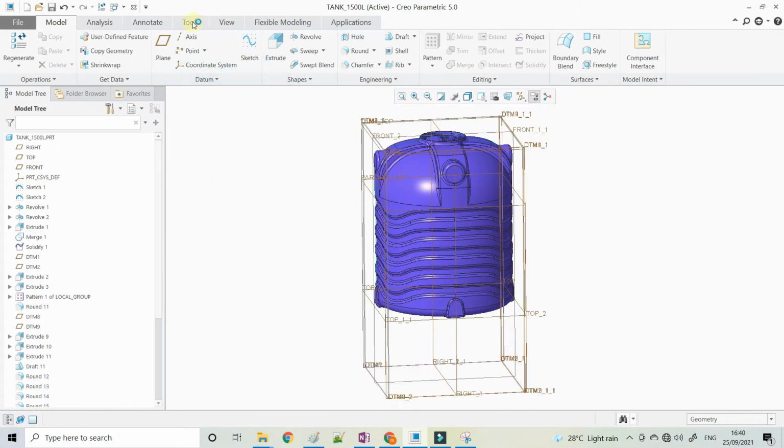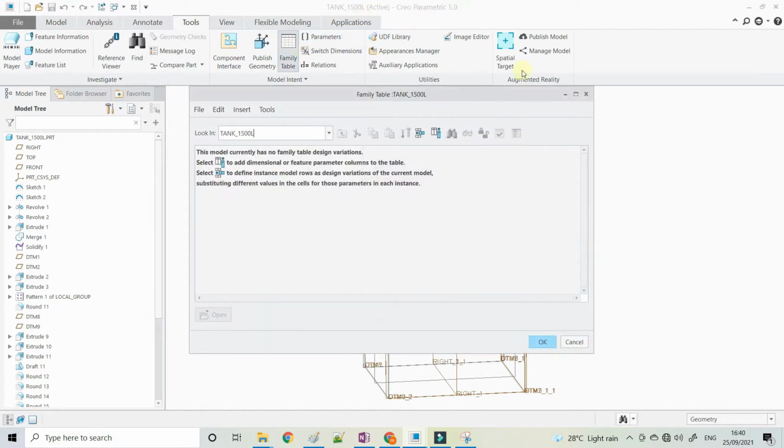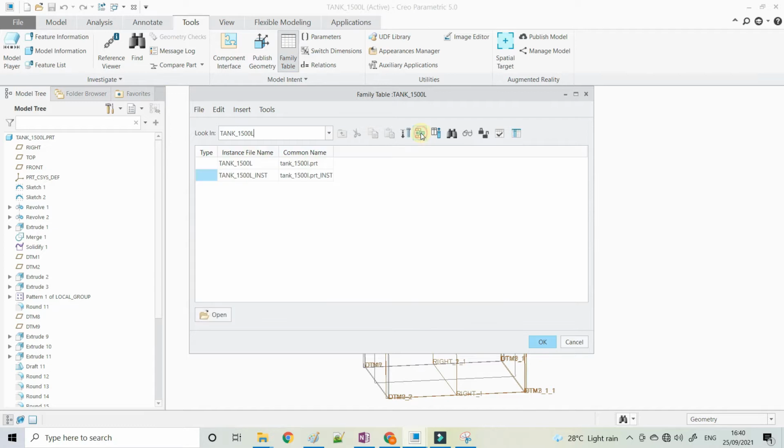So we are constructing all the features for the mold. In the family table, for the mold construction only, we will create one more instance. I am giving it the name mold model.